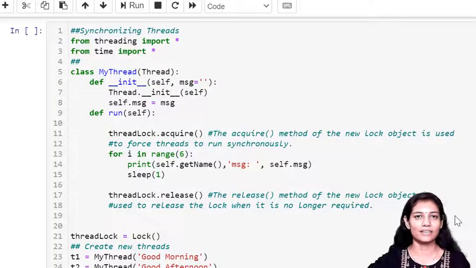Now the next topic is thread synchronization. First of all, we'll understand why we require synchronization in threads. Suppose some work is to be done by a single thread only. Suppose we are doing some transaction in a database. In that case, if one thread is inside that database and doing some work, and the other thread enters, then there will be some mess.